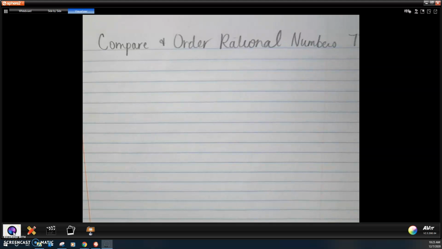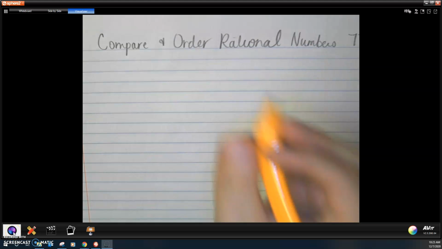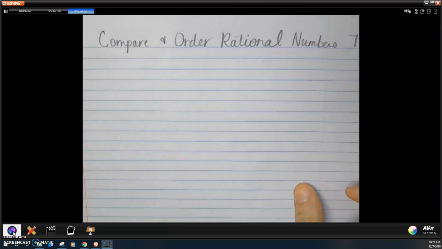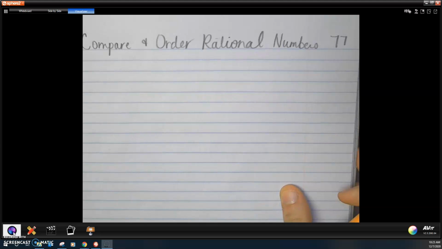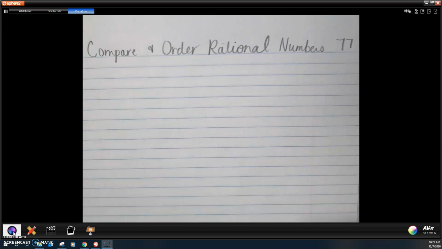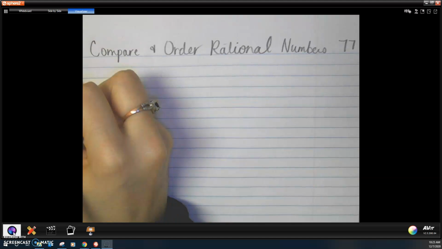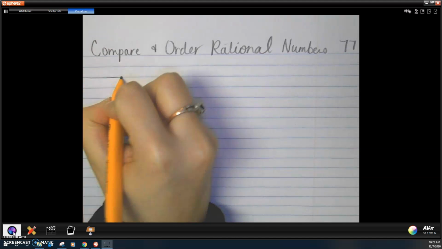Alright, so today we're going to talk about how to compare and order rational numbers, and this should be on page 77. Alright, so remember, rational numbers are your fractions, your decimals, your percents, your negative numbers. So we're going to be comparing all of that. So first I want to remind you